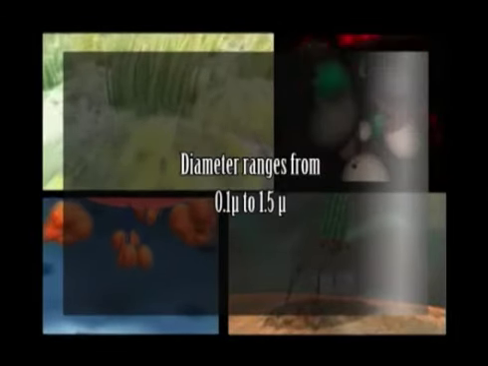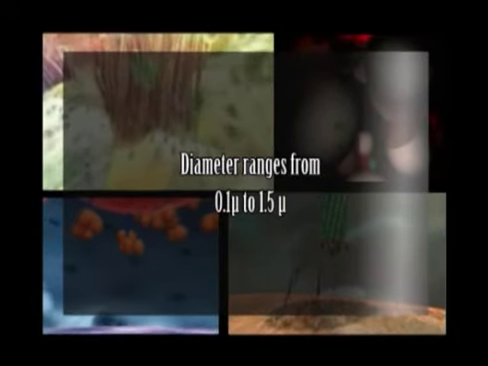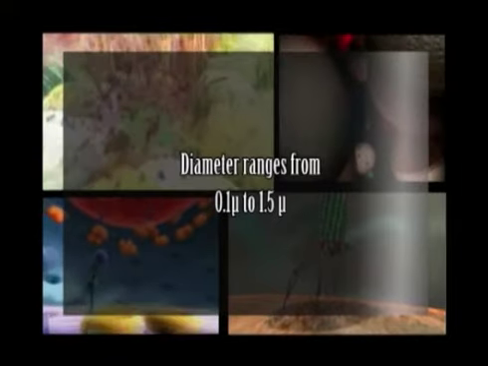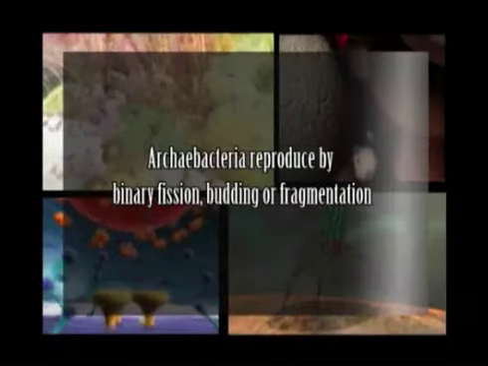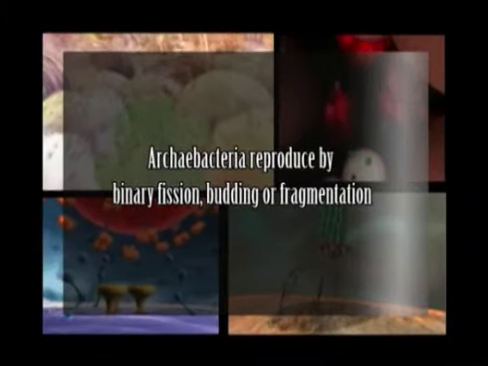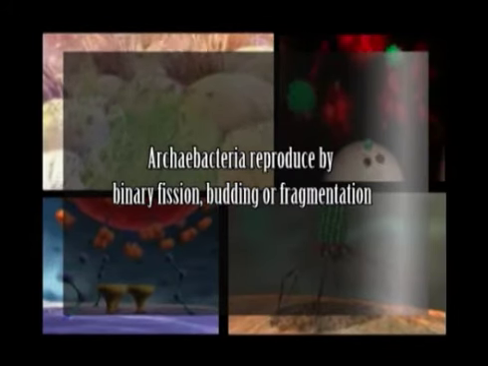They may be unicellular, filamentous or aggregated. Their diameter ranges from 0.1 microns to 1.5 microns, and some filamentous forms may be up to 200 microns in length. Archaebacteria reproduce by binary fission, budding or fragmentation. Physiologically, they may be aerobic or anaerobic. On the basis of their nutrition, they may be